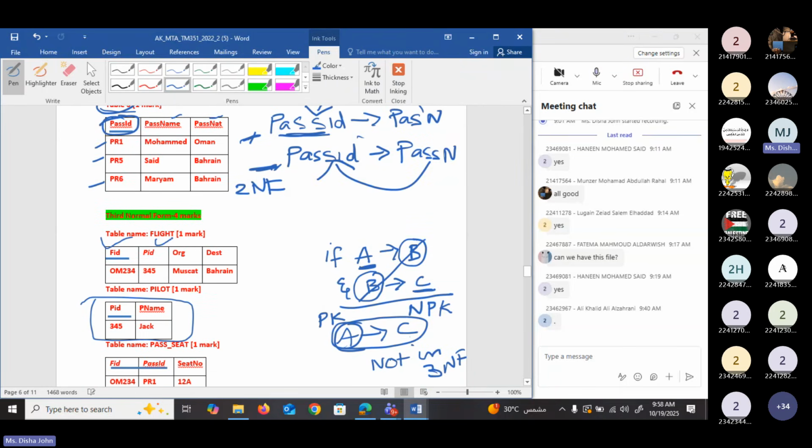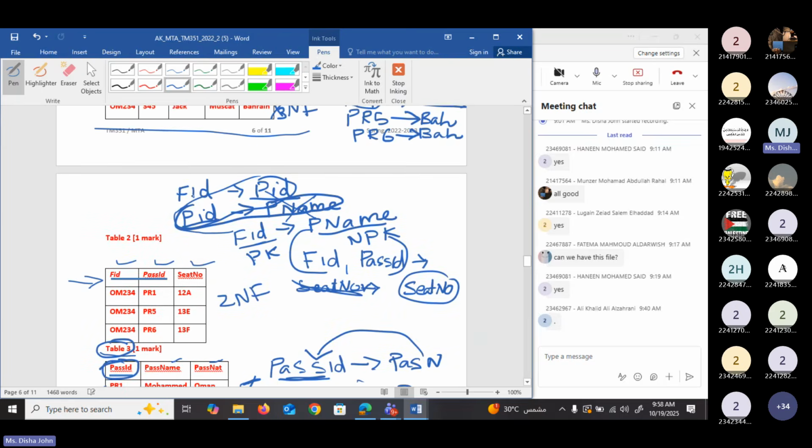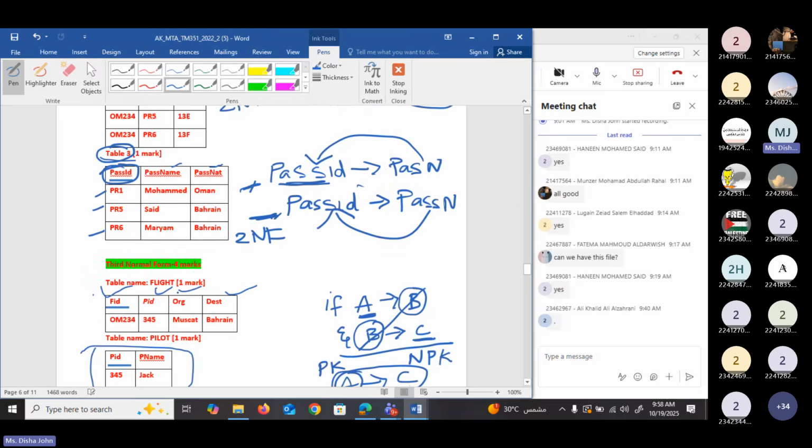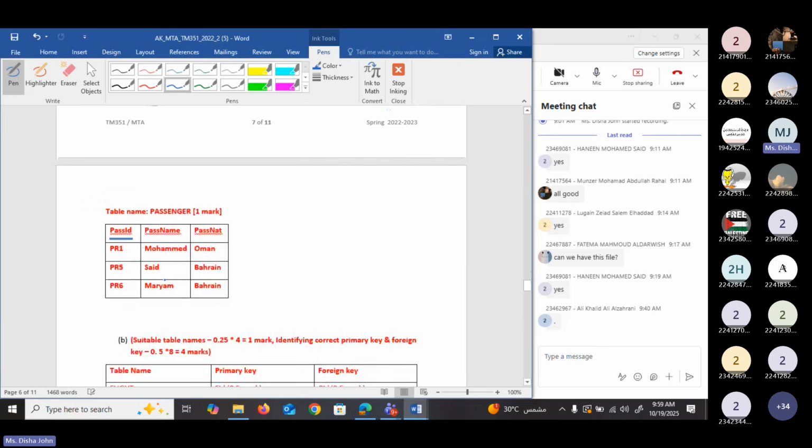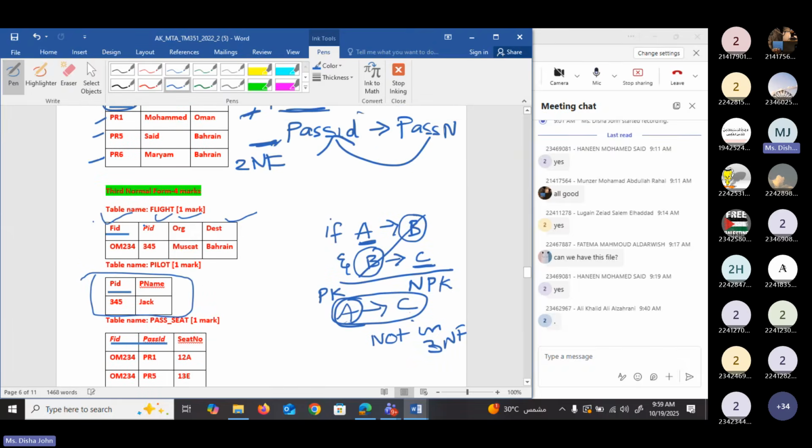Now we can say that these two tables are in third normal form because we cannot find a transitive dependency here. This was the transitive dependency, if you remember: flight ID determines pilot name. That transitive dependency is not there, so we can make sure that these two tables are in third normal form.